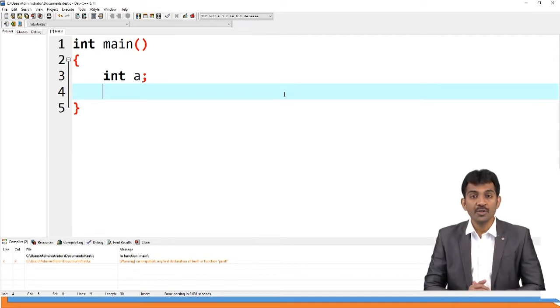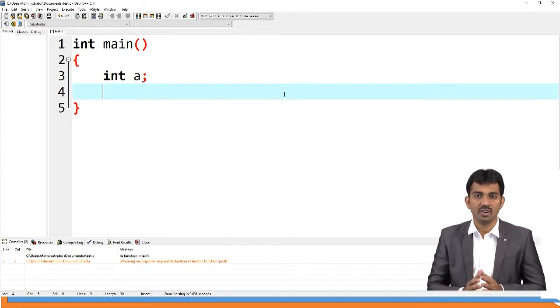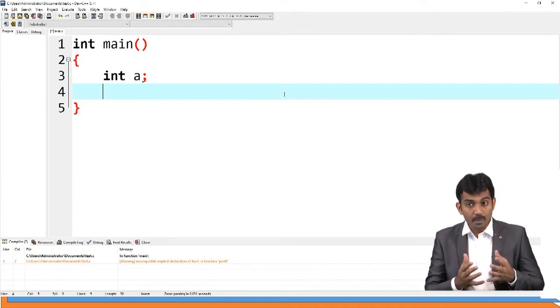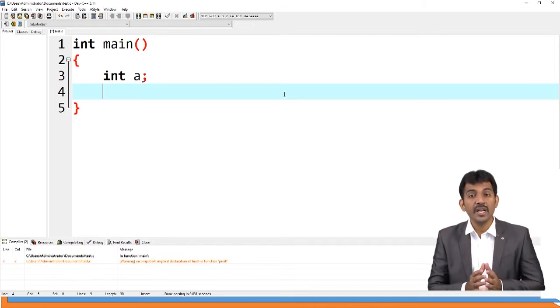And next, what you are going to do here, you are reading a number from the input and going to print on the output. That is your task. When you are going to read a number from the input, then you should use one message. It is not mandatory, but it is a good practice. Need to mention what you are going to do. I'm going to read a number from the input, that is why I should use int a variable, and I'm going to display one message: enter a number. This is a message.